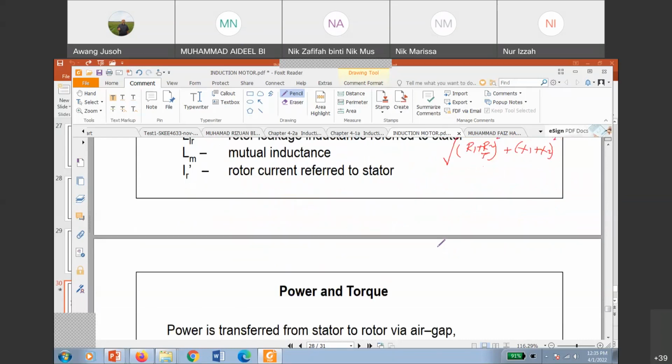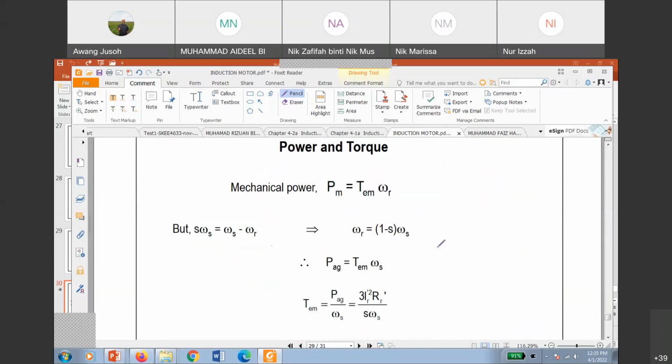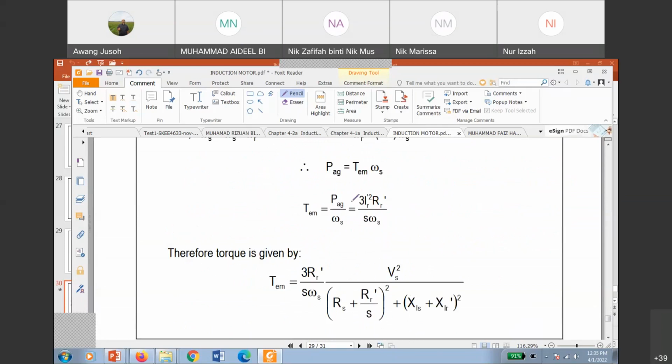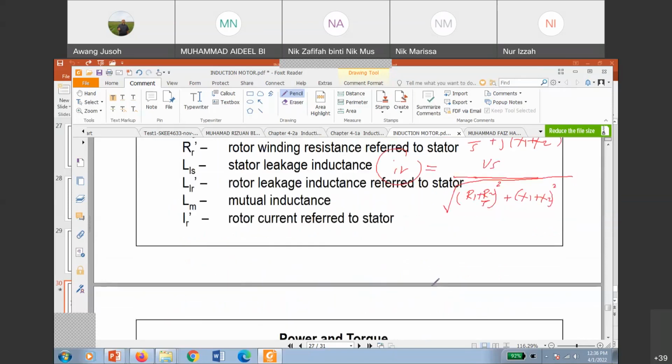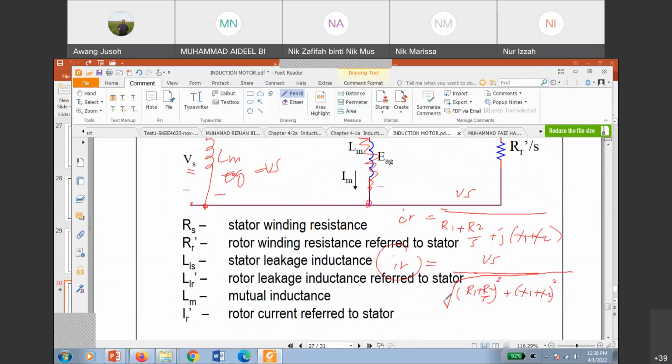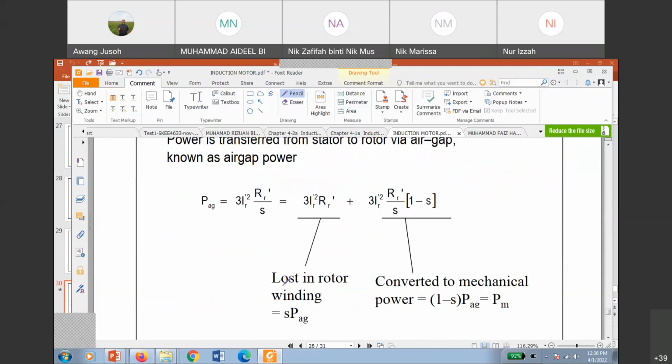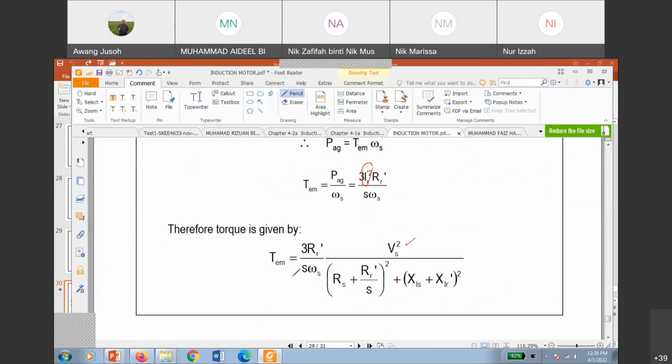Then we can put it here. Meaning, the squared applies twice. So when squared, V becomes V squared, fine. V becomes V squared, okay. The square root will disappear, gone, because square root and square cancel. Only this one remains, because you put square, so this one is gone. So then we can have this equation.